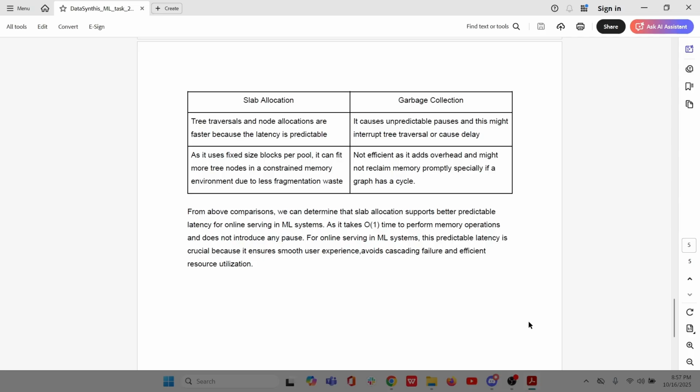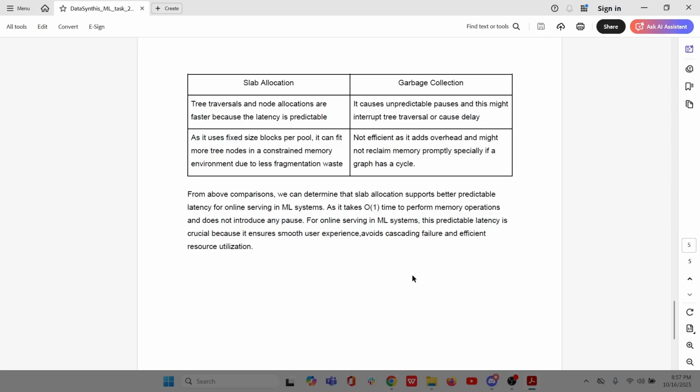So if we compare these both, which supports better predictable latency for online serving in an ML system? Well, slab allocation supports better predictable latency. Why? It takes constant time to perform memory operations and does not introduce any unpredictable latency or pause. And this is very crucial, because suppose we think of a recommendation system